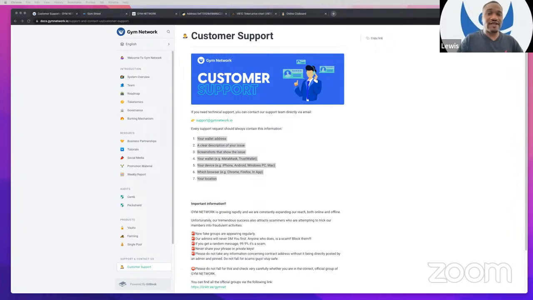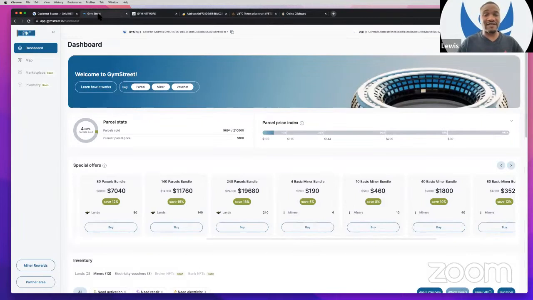So with that being said, we'd like to say thank you, Gym Network team. As you have seen, we are progressing and developing, moving forward with all these developments. And we see a lot of people are buying the virtual land on a day-to-day basis. We thank you for taking that ownership to say, I am taking ownership to be a pioneer in this industry, which is the metaverse, in this blockchain technology. So let's keep up the heads going and moving forward. And together we can make this bigger, and together we can build